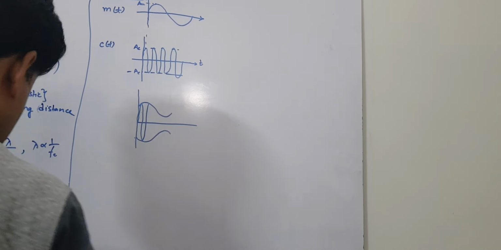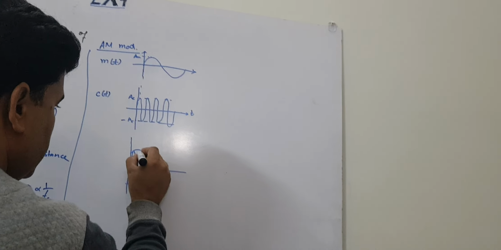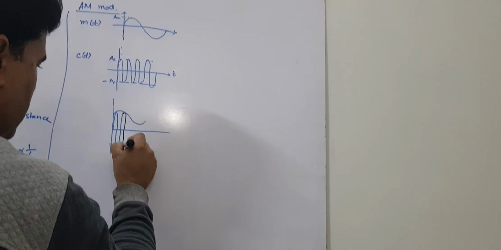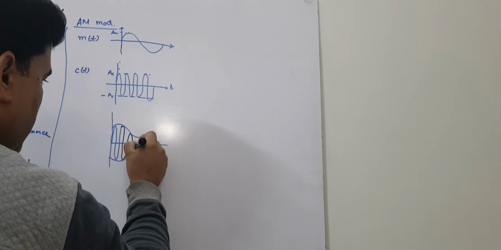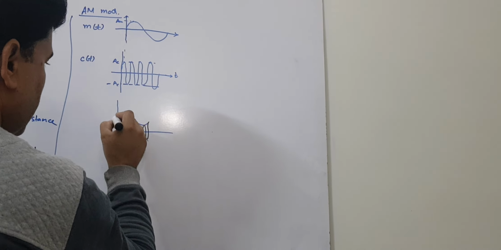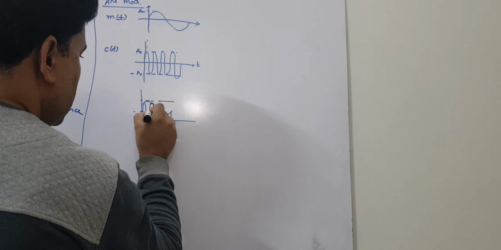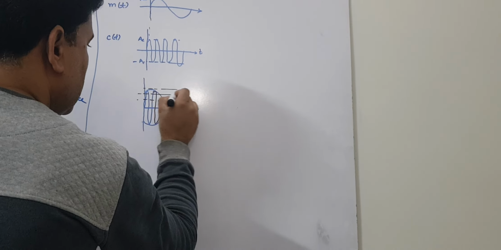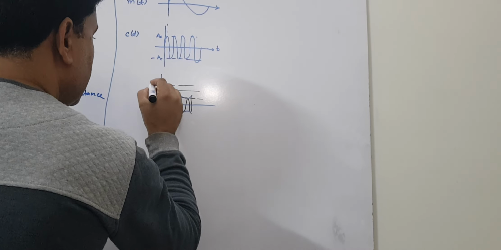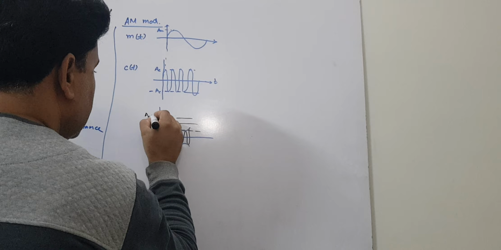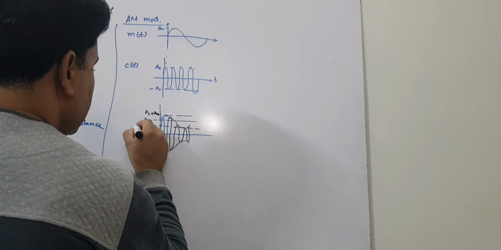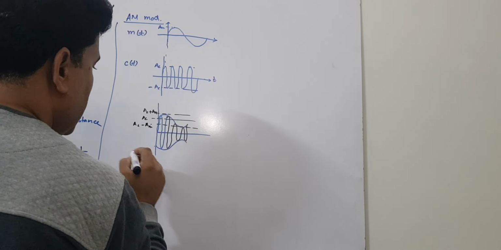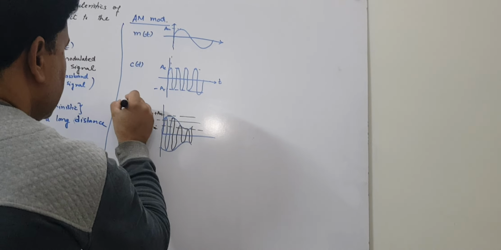So you can see that the amplitude of the carrier is being varied with respect to the amplitude of the message signal. So this one is AC, this one is AC plus AM, and this one is AC minus AM. So that is the modulator signal,